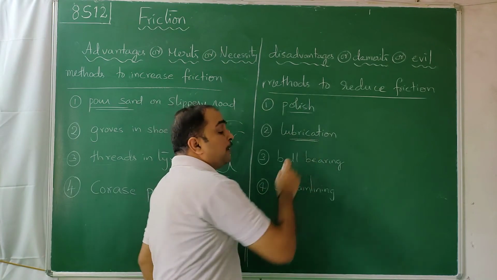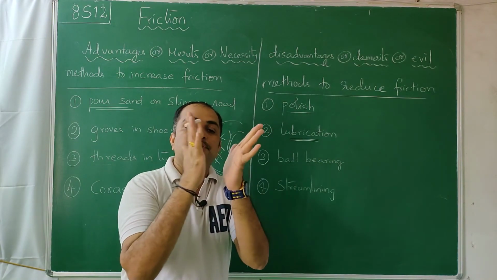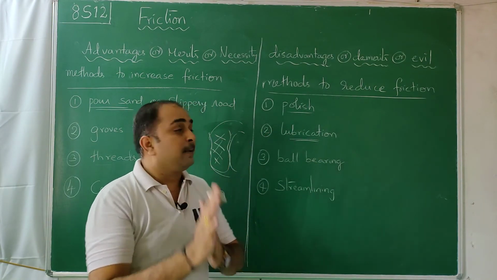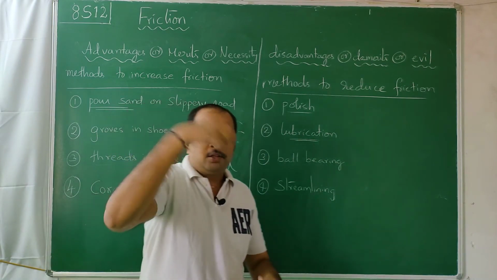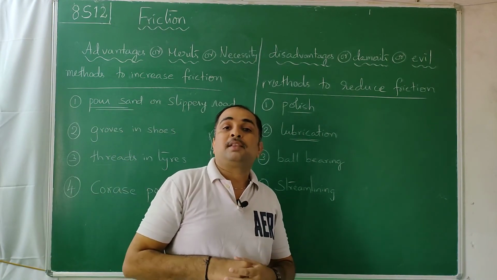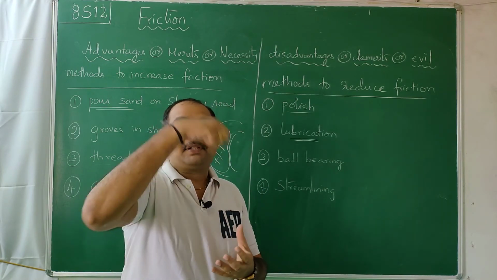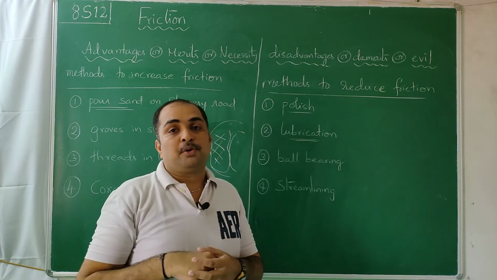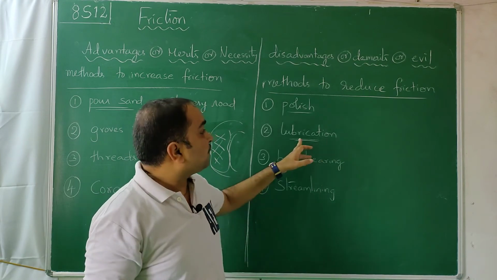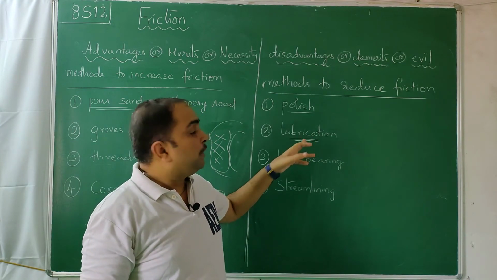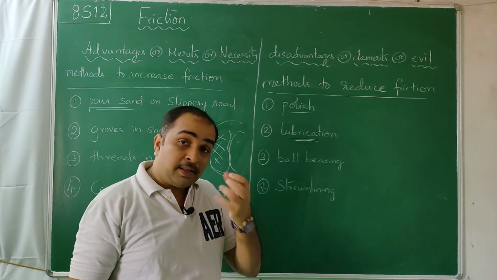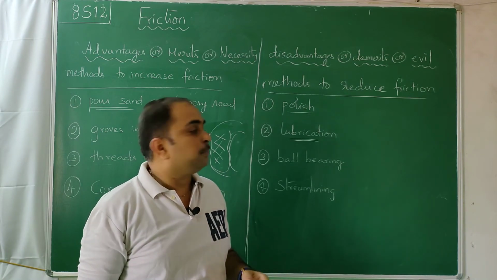Lubrication. Between a pair of solids, you put some liquid in between. It becomes slippery. That's called lubrication. In engine oils and all, 2T oil, 340 oil, like that, in vehicle servicing they put it. So the piston which is going up and down, making the motion possible, should move easily. For that, friction is not required there. Lubricating oils will help us. Not only that, they also absorb the heat.